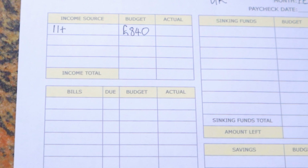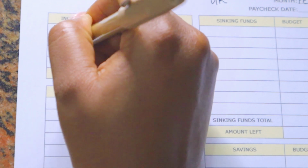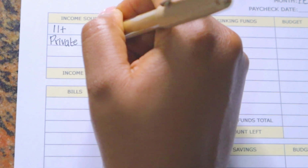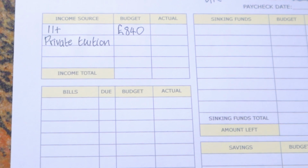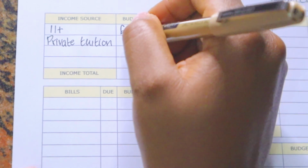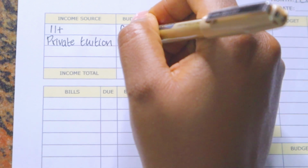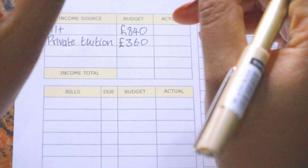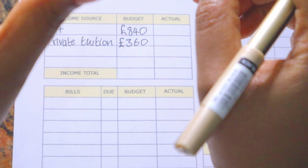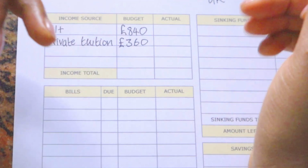Second income source I'm expecting in my UK account is from private tuition. That's just a parent, or should I say a student, that I work with privately. It could be more, but I'm expecting 360. That's the bare minimum. I've given them the option of either paying it all up front for what they've booked. I take block bookings only, I don't take daily bookings. So I'm either expecting them to pay 360 for the month, or the full cost, which is £900 up front,